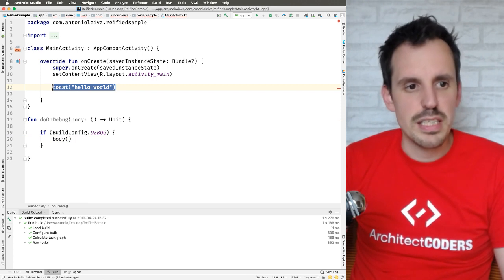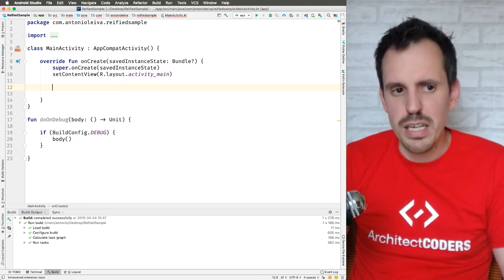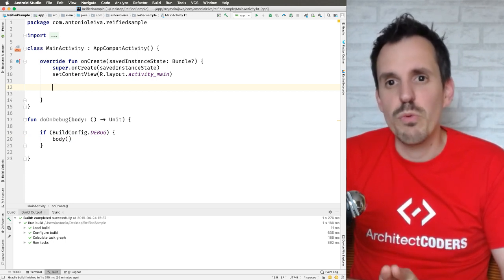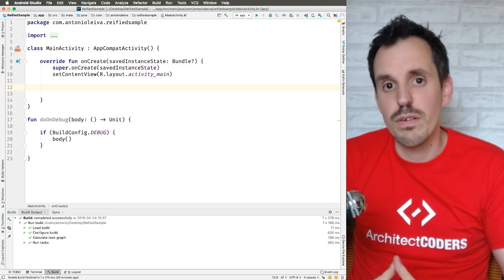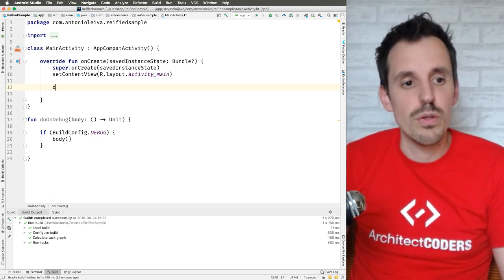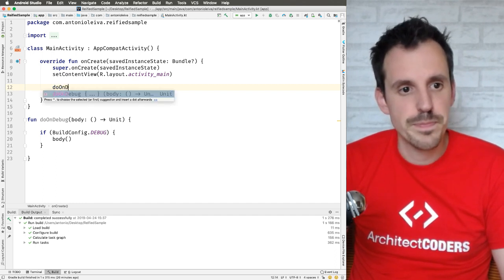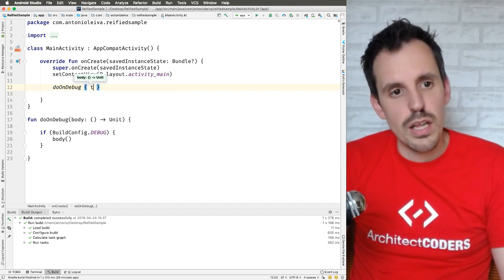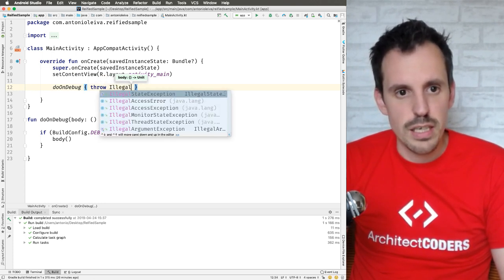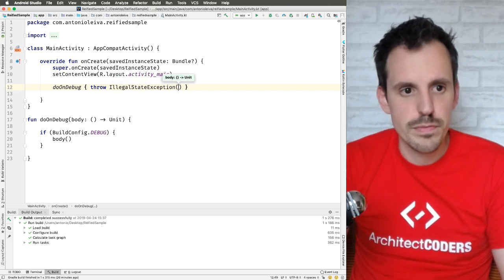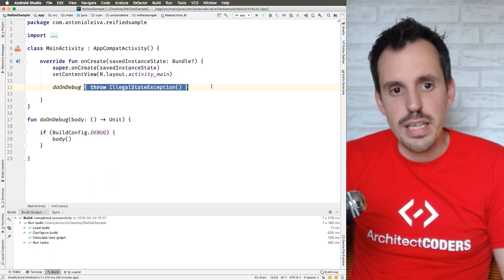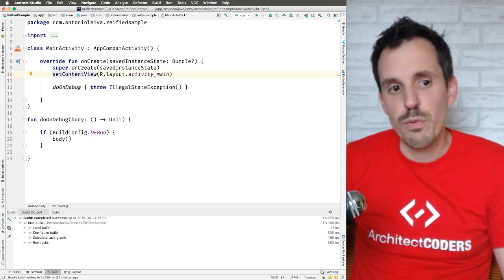And now imagine that here we have reached an illegal state, a situation that shouldn't be happening, that we only want to crash if we are on debug, not on release. We could do something like this, do on debug, and throw illegal state exception. Good, so this code inside the lambda will only crash if we are on a debug